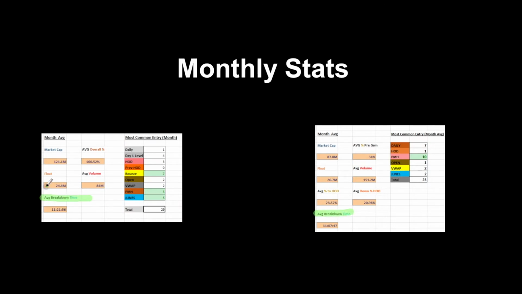According to my setup, for about 4 or 5 months, it's pretty much been consistent that I normally want to look for from 10 to 10:30, or ideally before 10:30, right? That's normally when the breakdown would happen, between that window. But this has changed drastically recently, where the average breakdown time now is like 11:21, and 11 for the other setup. Obviously, this is with small data. We're not that far into the month, but you can't just be ignoring these things.